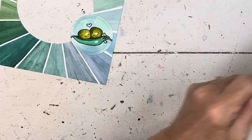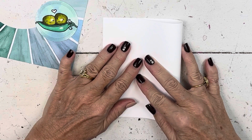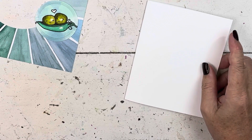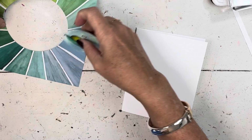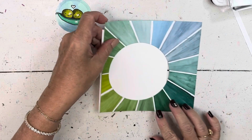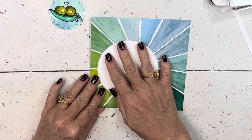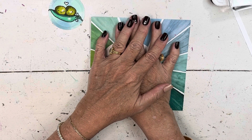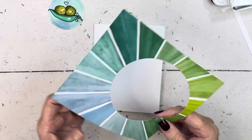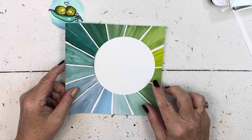So we're going to need your paper trimmer. I have a half a sheet of white. And then what you need to do is take your piece of paper here, and you want to decide how best to put it on here, because see, look, if you do this, it's not going to fit on here, so you're going to have to trim it, and it all depends on where you put that. That's why you could cut it first if you wanted to, but I wanted to be able to work with as many colors and to be able to decide which colors I wanted. So I can go this way, or